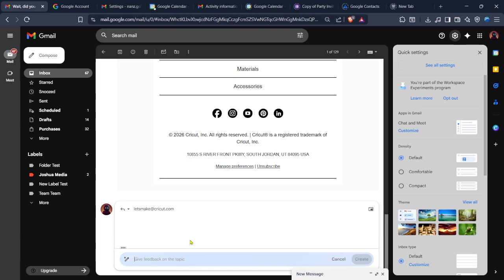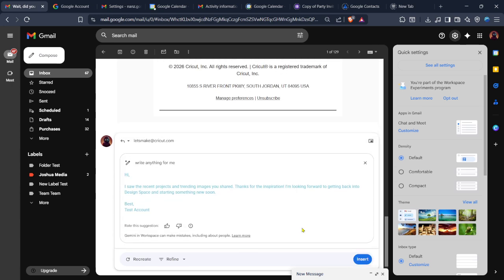Write. Once I click that, a small prompt area shows up where I can tell the AI what kind of response I want. This part is pretty flexible, so I'm just typing a simple instruction like asking it to write a reply based on the email I received. You can keep it short or be a bit more specific depending on what you need, but I'm just keeping it straightforward here. Once I've entered what I want, I'm clicking on Create, and now the AI starts generating a